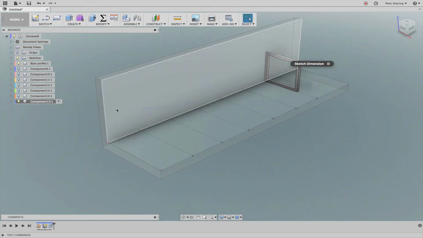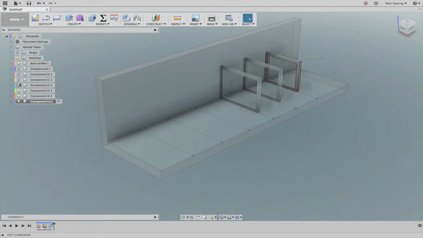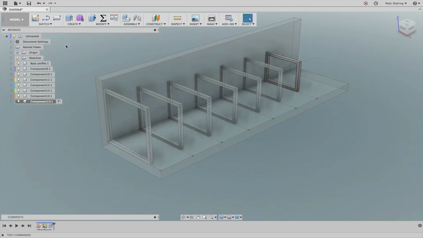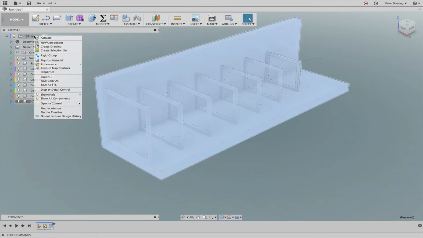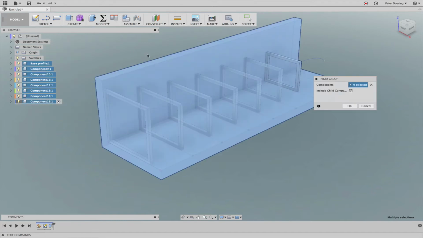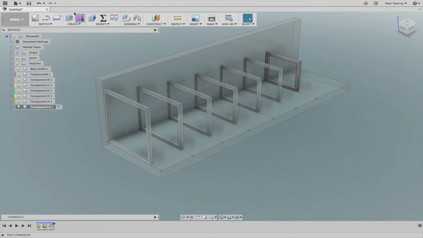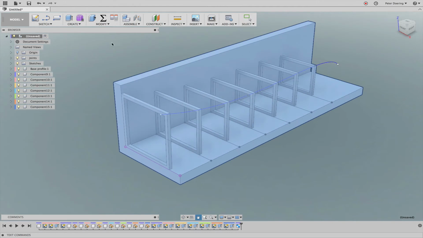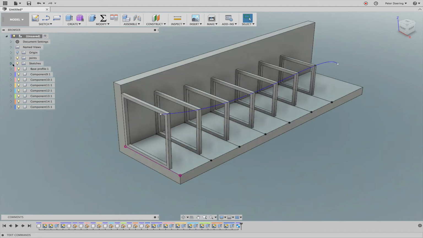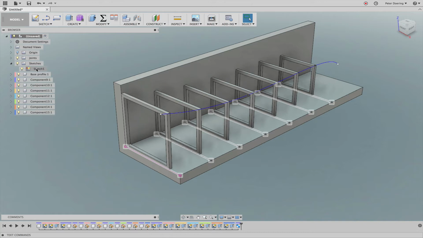Okay, that is our last frame. Let's turn all the other ones on. And because that is basically fully assembled now, I'm going to just simply rigid group this. And let me activate the overall design. And let's take a look at that first sketch in the base profile. Actually, it isn't. It's in here,